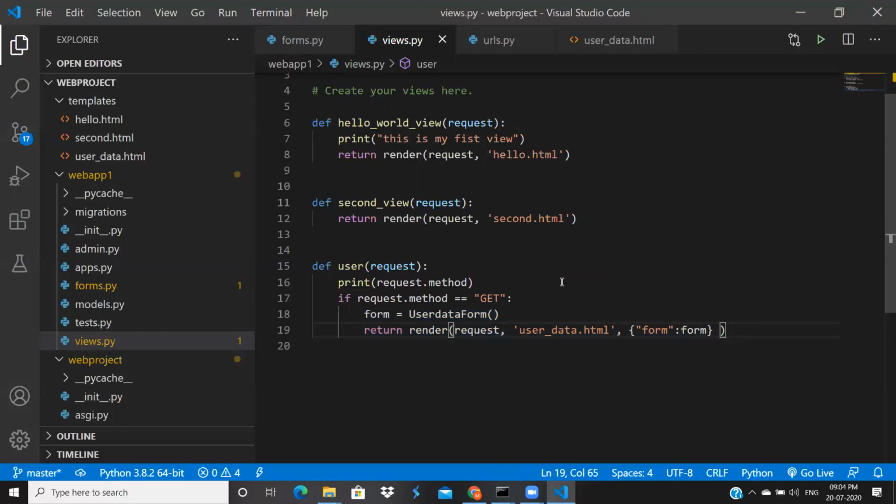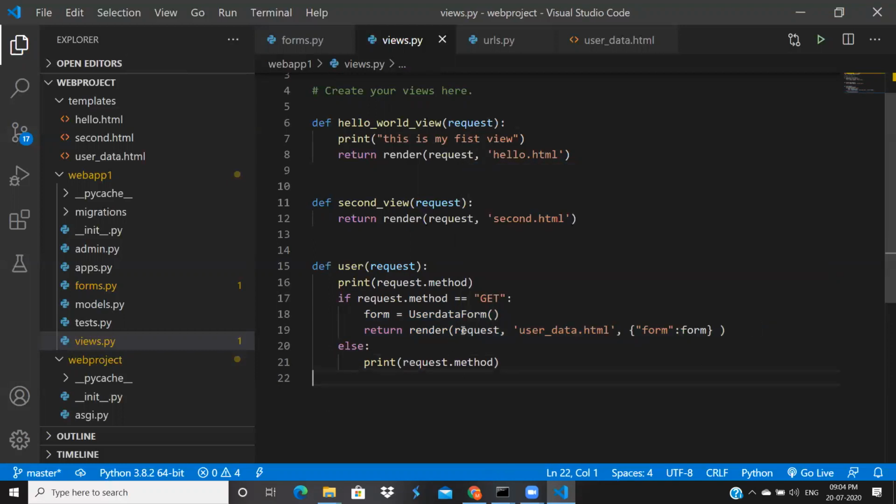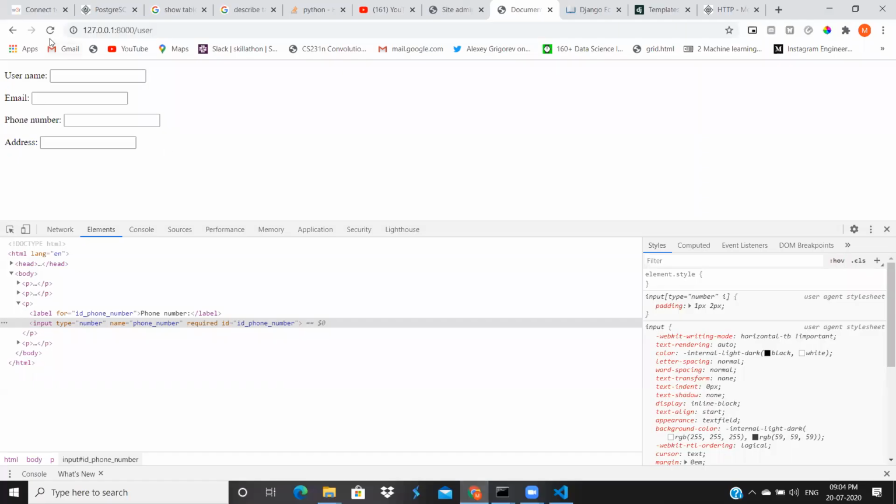If this is a get method, he is expecting something from the server. Else, if it is a post method, print request dot method. I'll try one more time to see whether everything is working or not. Loading.